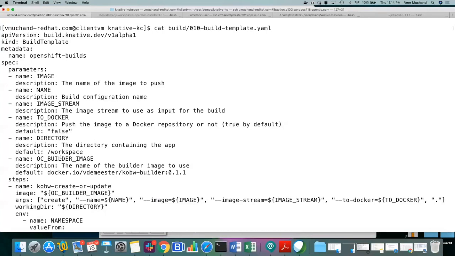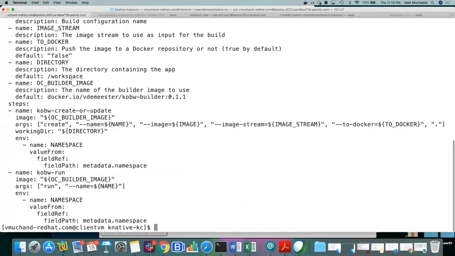This template is for creating OpenShift builds. So I'm using build template to create OpenShift builds, and it has a couple of steps, right? These steps are executed in order. How many of you know what init containers are in Kubernetes, right? You know, so basically these are small containers that will come up, do a job, finish, and the next one starts up. Build process uses those init containers. What I did is,